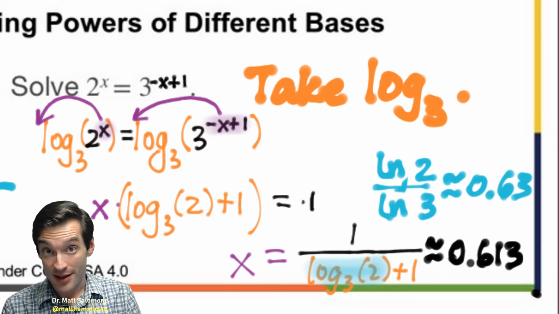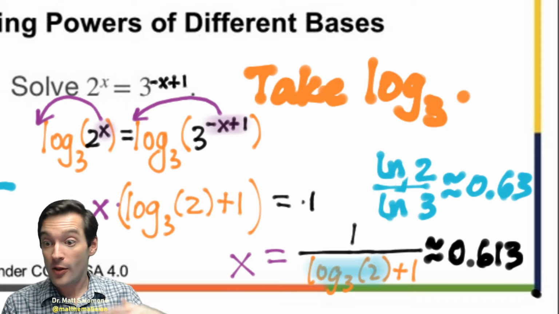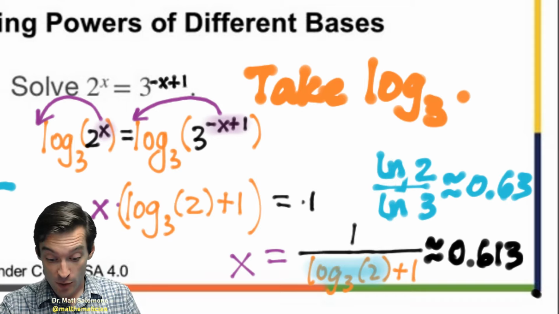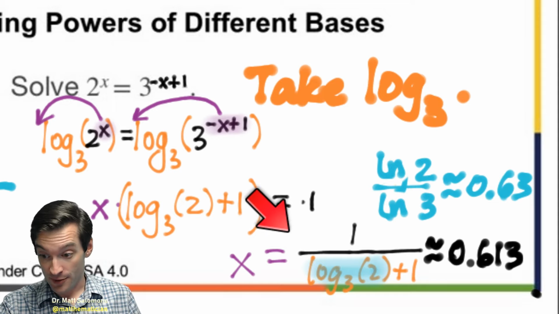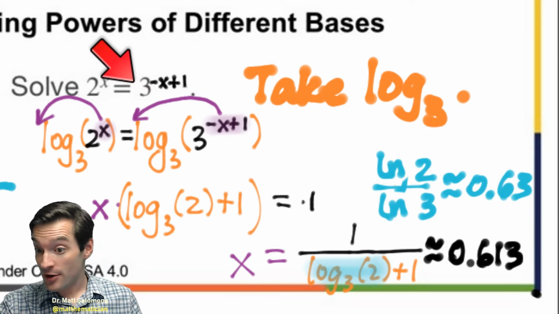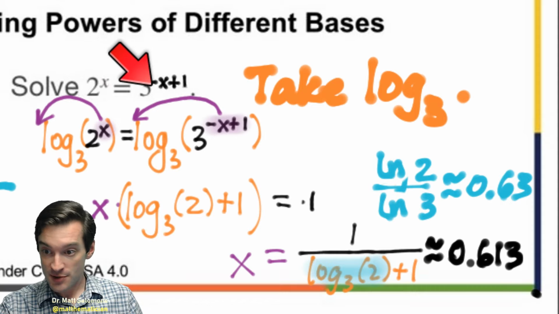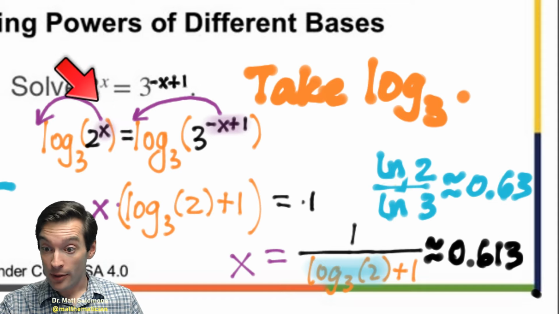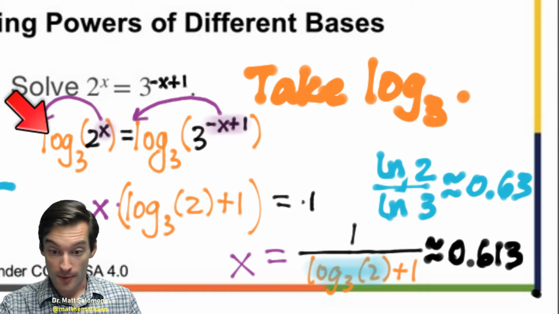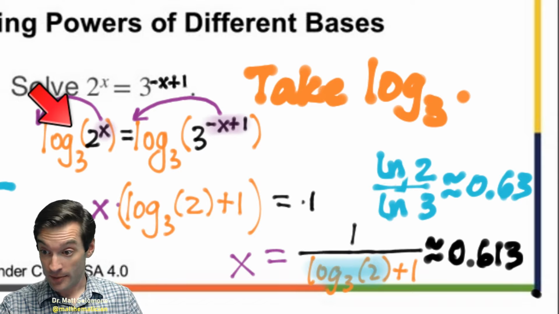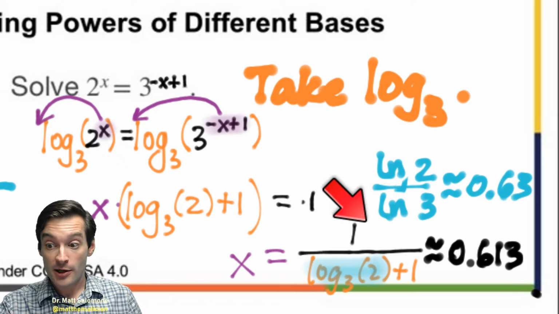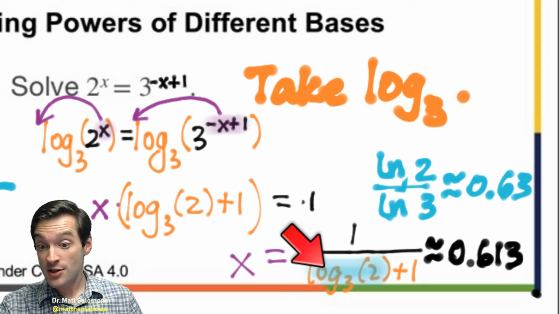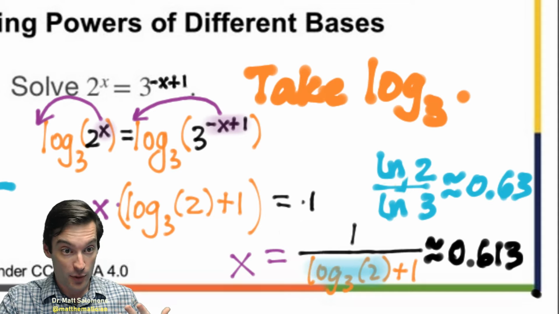But the decimal is not the point. The point is all the algebra that took us from the original statement of the problem down to our answer. And to get there, we use several properties of logarithms, the most important of which is the power to multiple property that lets me pull out this exponent from inside of the logarithm and make it a multiple on the outside of the logarithm. And then the only other property that we really needed in order to get our decimal approximation for this answer was the change of base formula, the almighty, all-important change of base formula, because that is then the formula that allowed us,